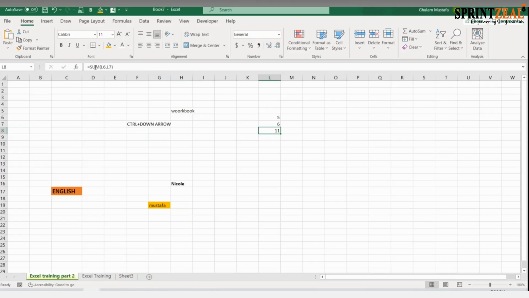In the formula bar you can see both numbers have been added, which ones? L6, L7, and I got my desired answer. And the beauty of this function is that if you change a number, you can see your answer will be updated automatically.